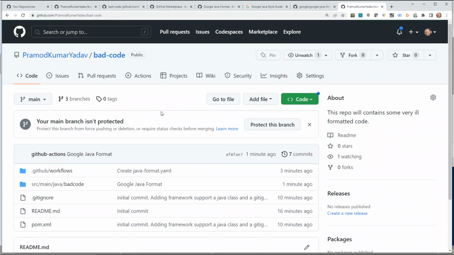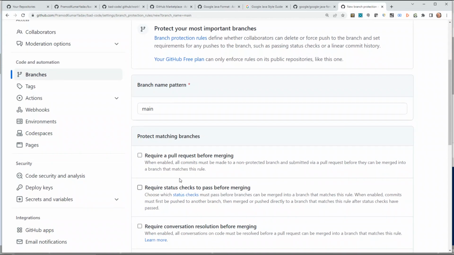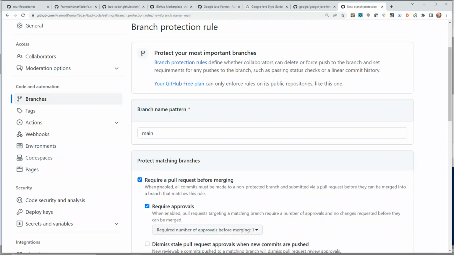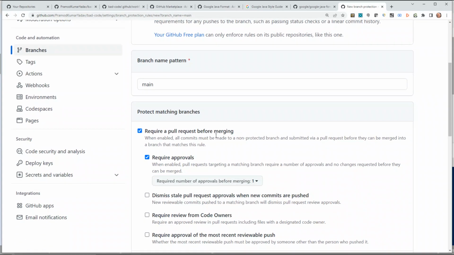So let's just go ahead and do one more thing. It says your main branch isn't protected, so let's go ahead and protect this branch, right? So let's protect the branch, and we'll say, hey, if you want to push something on the main branch, we don't want people to accidentally push code directly to the main branch. We want them to at least require a pull request before merging. And ideally you will have a number of approvals, one or more, but in this particular case,